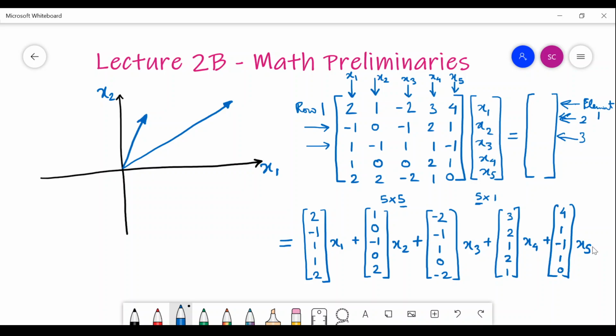So probably this is not very apparent or straightforward, but you can understand how this has come into being, and you should remember this result. A matrix multiplied with a vector is nothing but its columns multiplied by the corresponding entry in the vector. So the first column is multiplied by the first entry x1, the second column by x2, the third column by x3, and all these are added up to give the final, resultant vector.